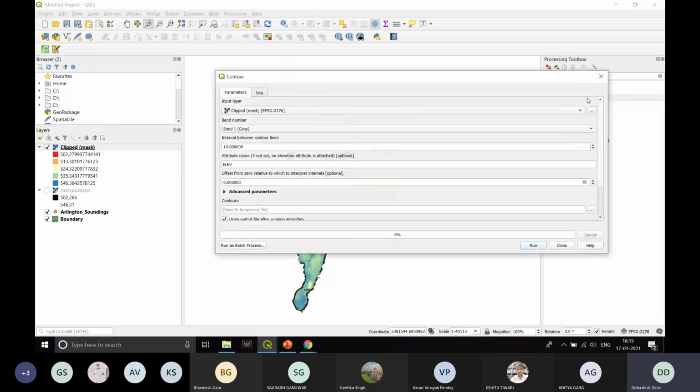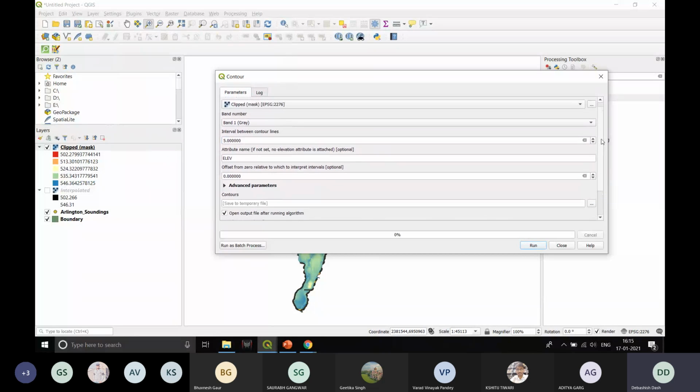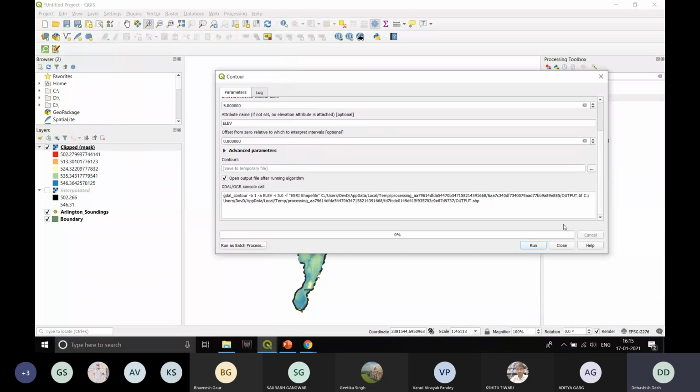Just click on it. Select the clipped mask layer over here. Interval between contour lines, I'd like to restrict it to 5, so that it shows me all the difference of 5 elevation clearly, 5 meters or 5 feet, whatever it is. Everything else is fine. Just click on run.